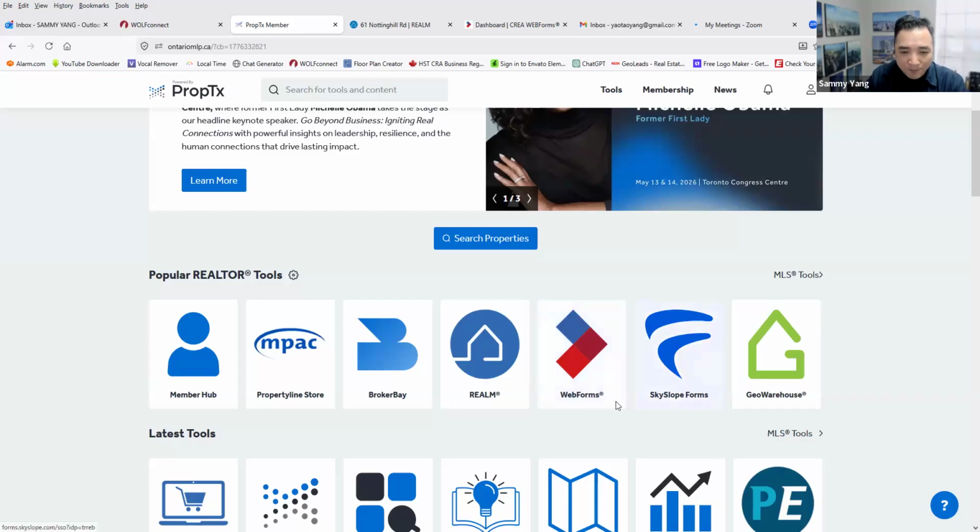And at the same time, we have a SkySlope form. Both the web form and the SkySlope forms can prepare the offer and the listing. And for all of those forms, we have pre-built templates for all agents. If you want to prepare an offer for a freehold, we have a template. If you prepare an offer for a condo, we have a template. So remember to use the template. And